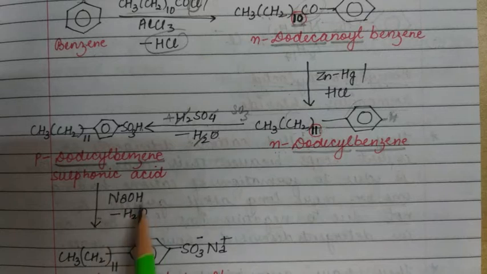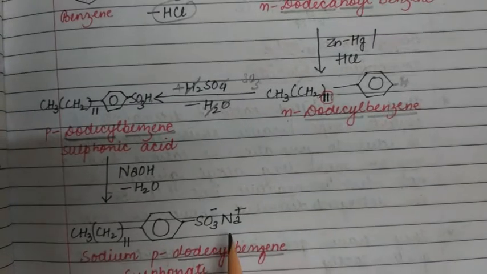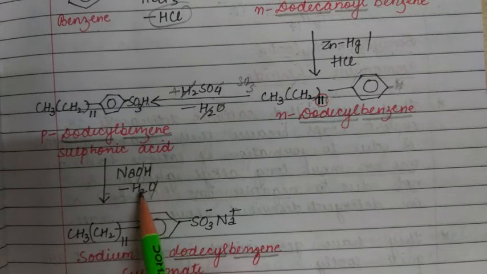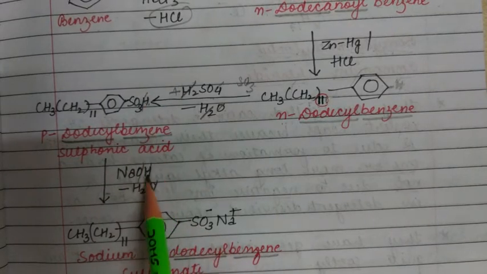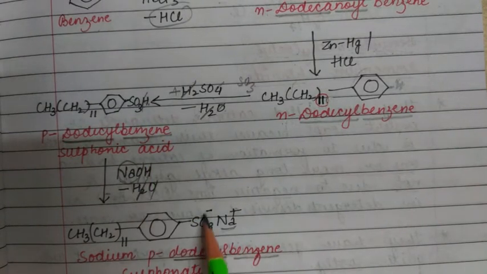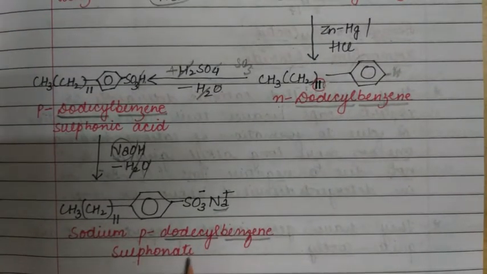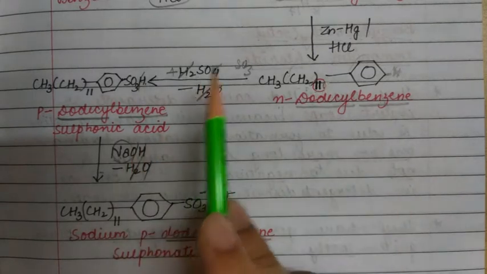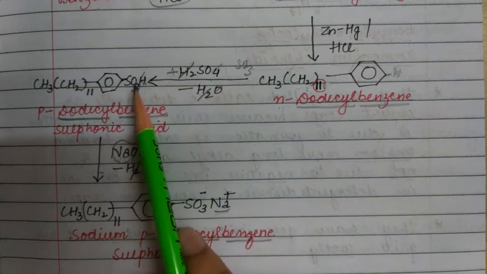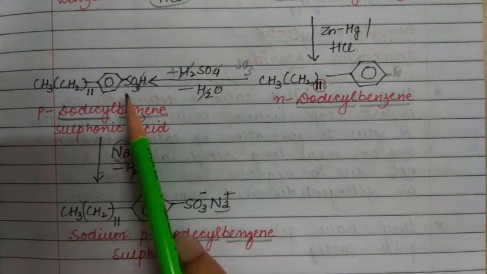We add NaOH and remove water. It becomes, we have added NaOH. That means oxygen is cancelled, 1 hydrogen and this hydrogen, they both cancel with this hydrogen and only sodium is left. So this is replaced by sodium. SO3 negative, Na positive. This is called sodium para-dodecyl benzene sulfonate. So this method was just to get an idea how atoms get added. It is not anything practical, right? It's just to write the formula.